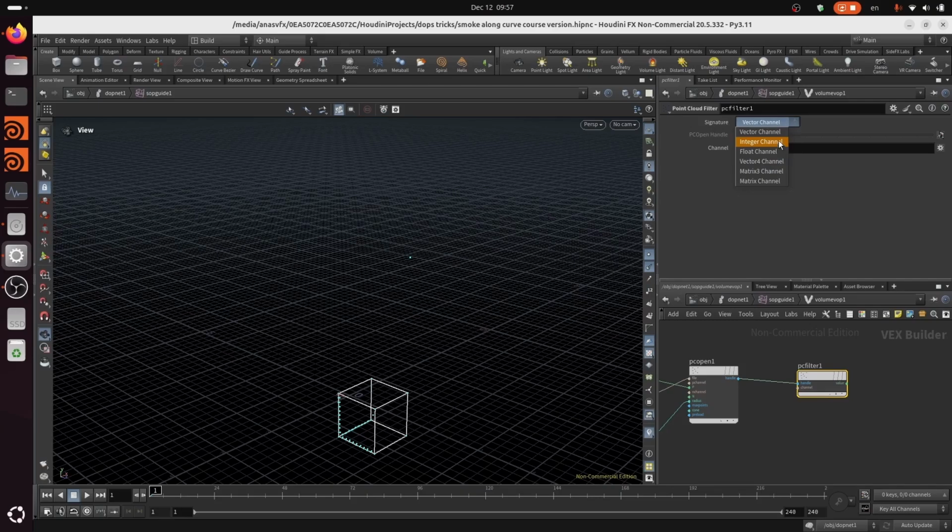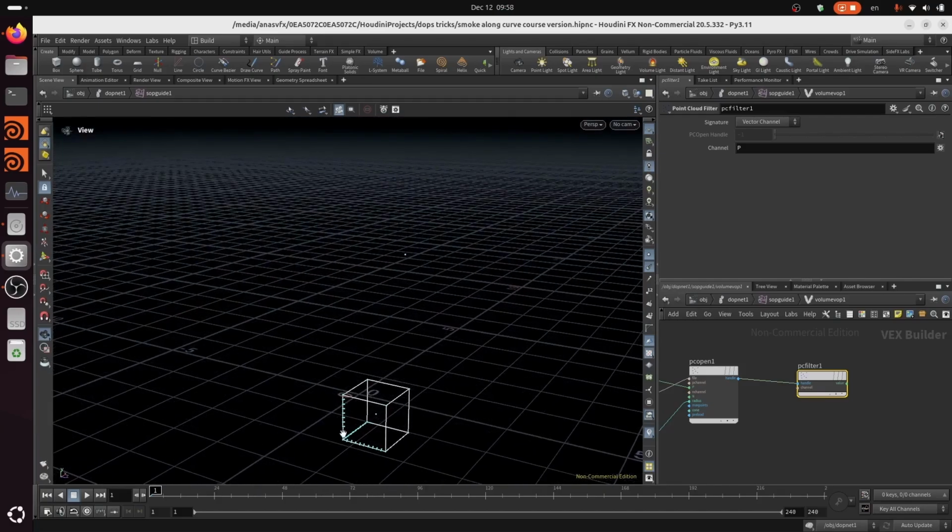Is it a float, an integer, a vector, and so on? So we now are going to grab our length scale of the curve. If you remember, the length scale was an attribute from 0 to 1, depending on how far the point is from the end of the curve. So we are going to grab this length